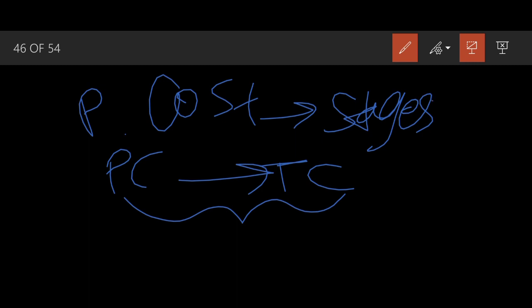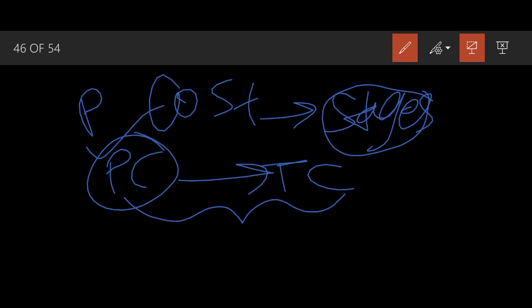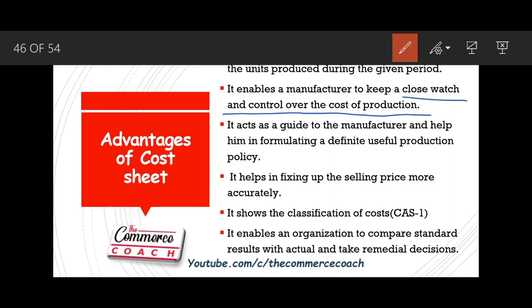See, if I focus on stages at the ground level, like prime cost, if I see that I am incurring a high amount of prime cost, then I will be able to control such amount. If I see that I am having a high amount of cost of goods sold, then I will be measuring and controlling it and taking the remedial actions available, right? So it provides us the information basically, so that the manufacturer or the owner of the business can watch closely where he is lacking about the cost.